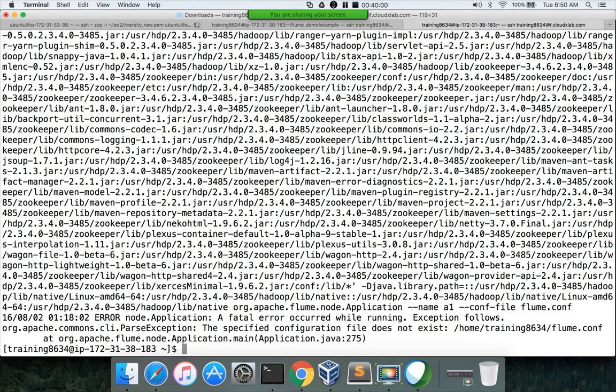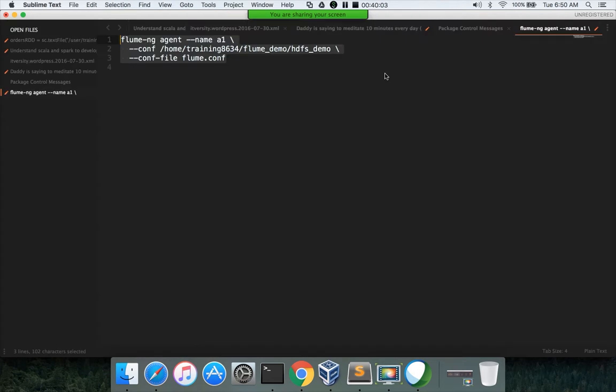Okay, so here I have to give the complete path. Earlier I thought that when you already have conf, you don't need to specify the path for the configuration file, but that is not the case. We have to give the path for the configuration file also. But once you define the configuration file, you don't need to specify the conf. So conf and conf file are kind of mutually exclusive. If you have the configuration file for your agent in a directory, you can either give the directory name, but if you have multiple files, then instead of using conf, use conf file.